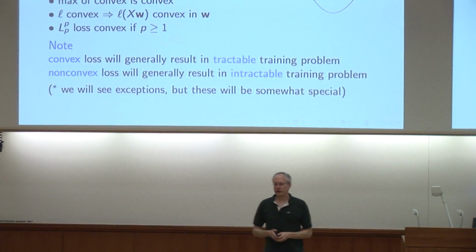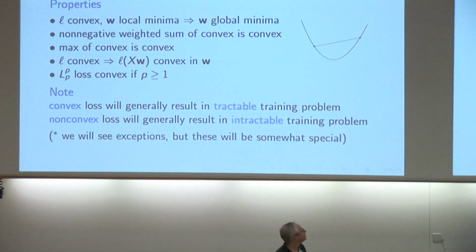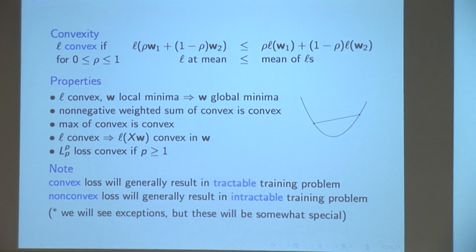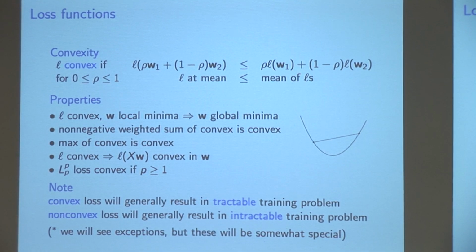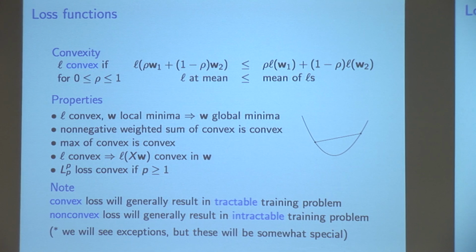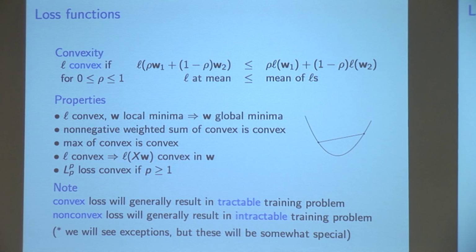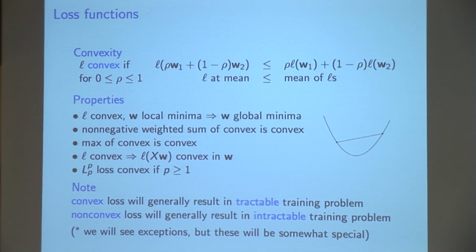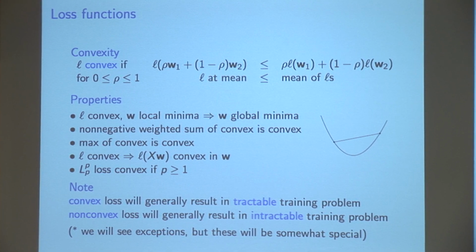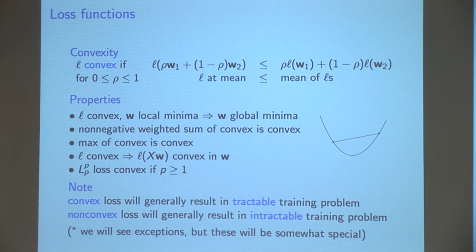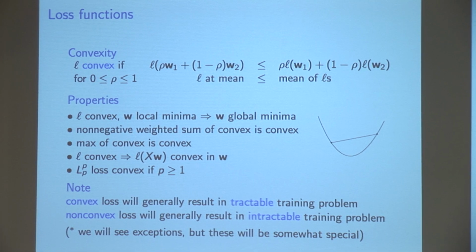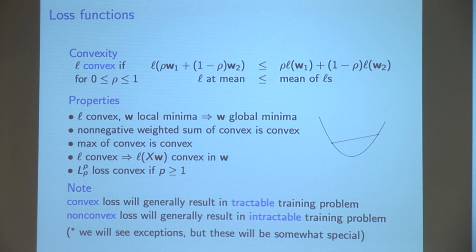Convexity is an issue I'm sure you'll hear a lot about over the next 2 weeks, but I might as well say a little bit about it to start. We all know what a convex function is, at least to look at a picture. It's bowed upward. The technical definition looks worse than it is. A convex function is a function where if you take weighted averages of 2 points, the function at the mean is smaller than the mean of the function. Or, you draw this chord and it's above the function everywhere.